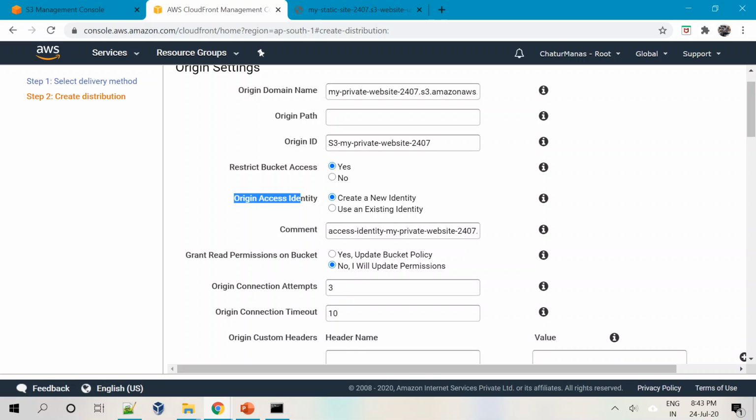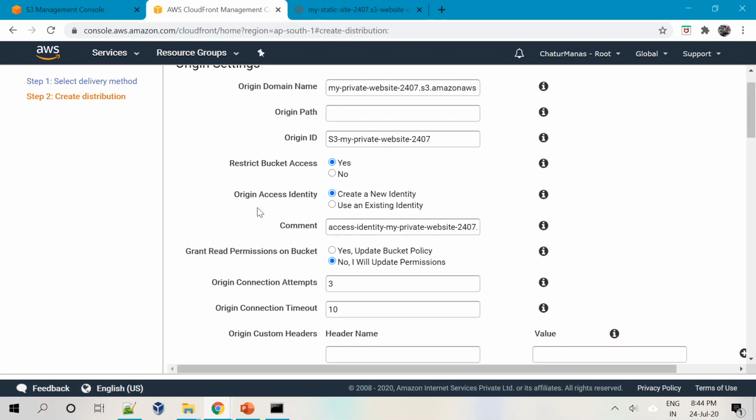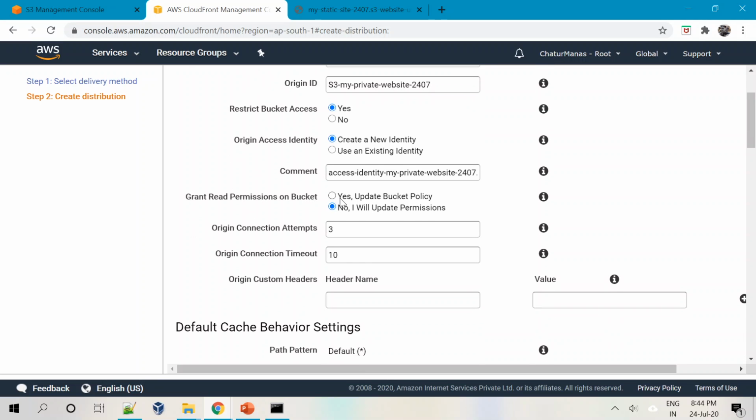Origin access identity means that it is going to create a permission specifying that only this CloudFront will have access to the origin contents. And then grant read permission. Yes, you also want this CloudFront to read the contents of that particular bucket. So basically we are granting that particular permission for this CloudFront.